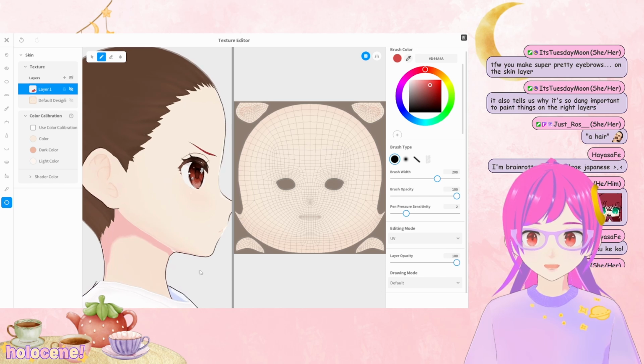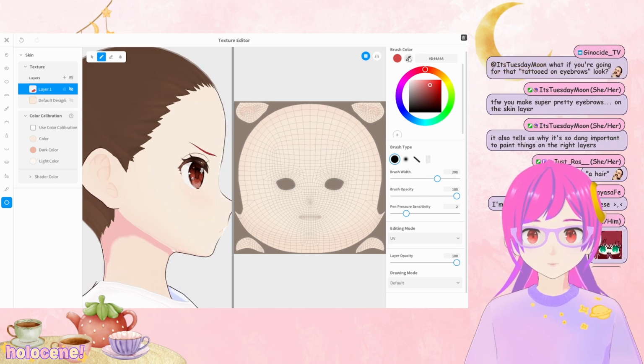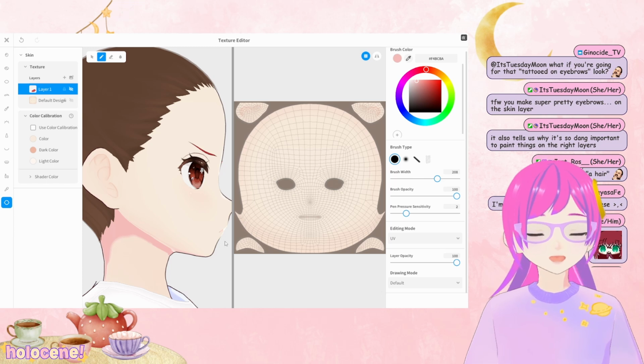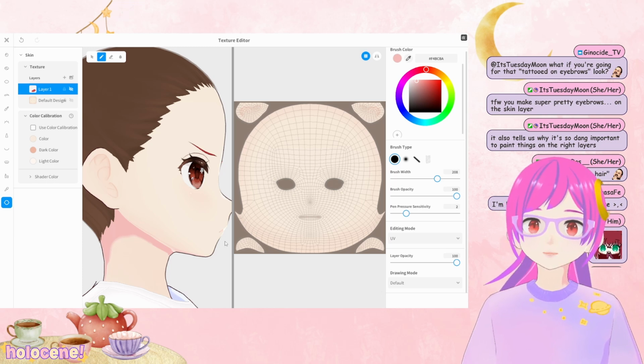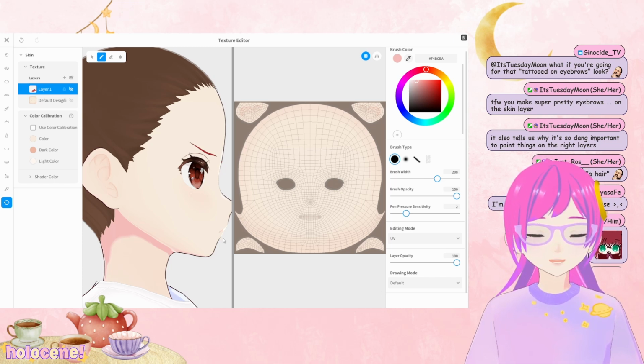There's a lot of tutorials for doing some amount of neck shading. Like, let's go over here. What if you're going for that tattoo on eyebrows look? Then you go for it. Again, joking aside,